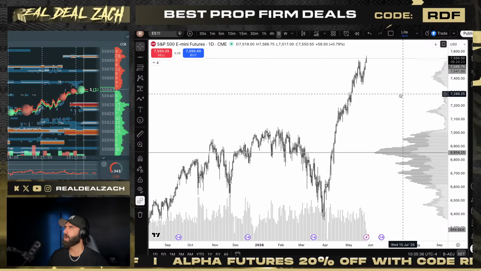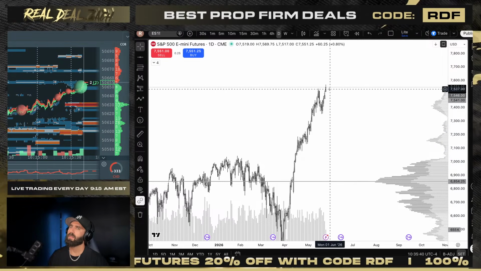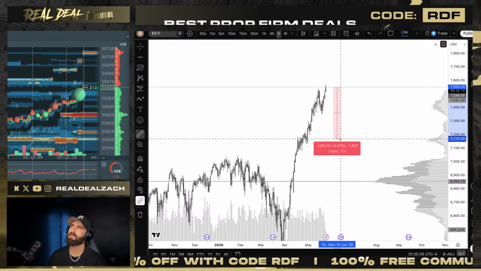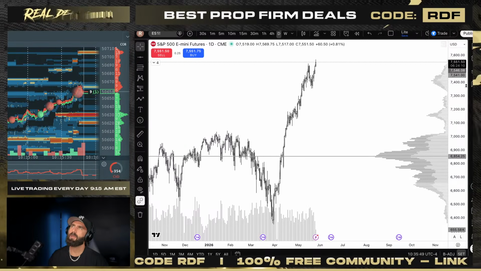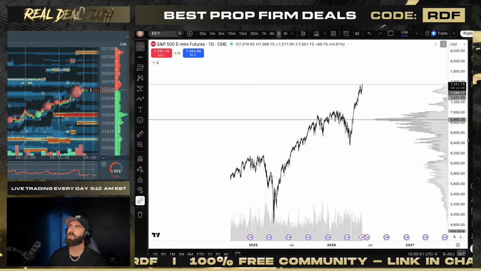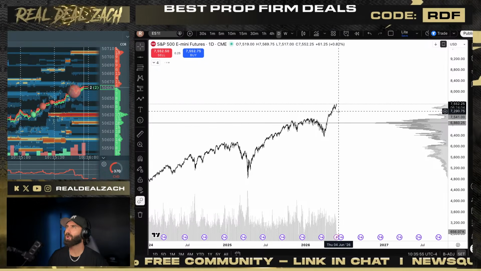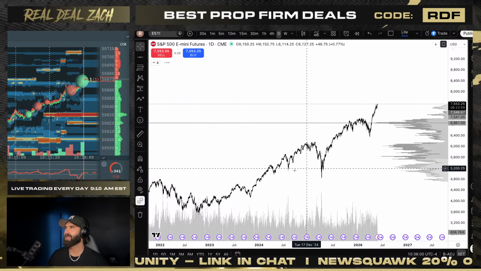Maybe for some of the longer term investment stuff. But a lot of people calling for that blow off top and then a turn down. A really aggressive turn to the downside where we see some serious selling pressure. And again, that could be fine. If you look at this chart, that's hardly a pullback in a huge bullish market when you zoom out and you look at the last couple years, right?